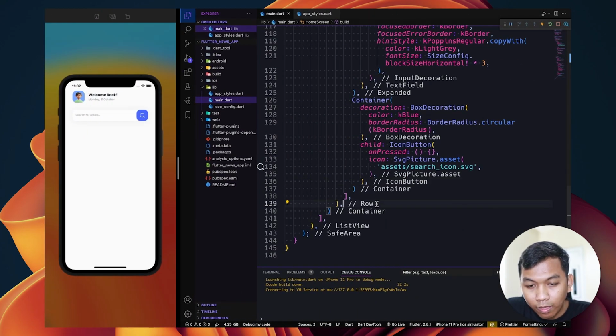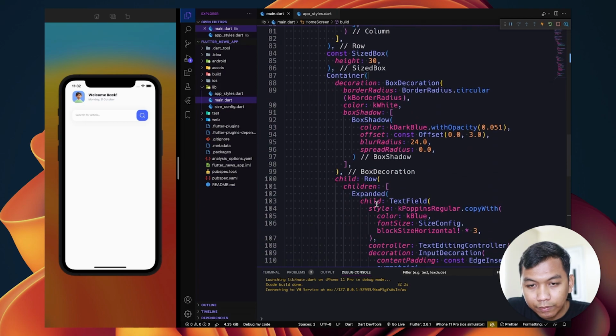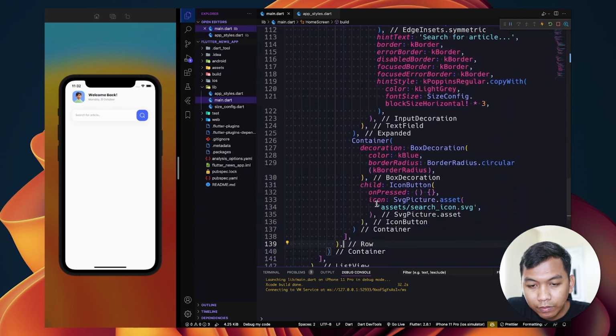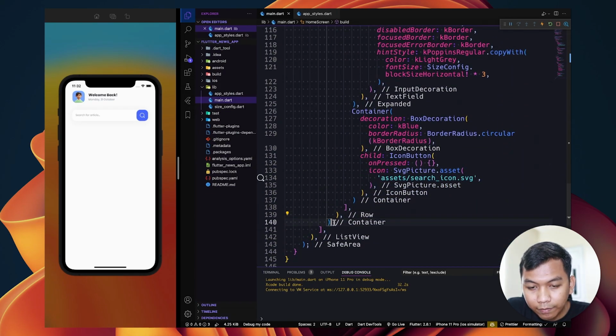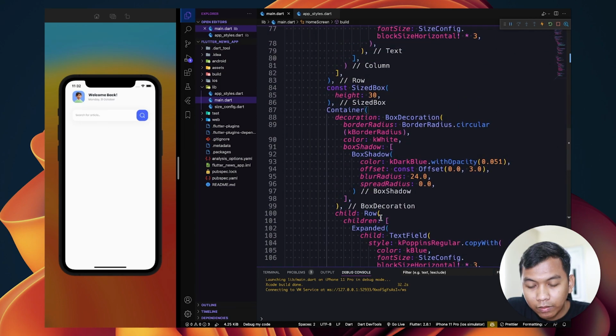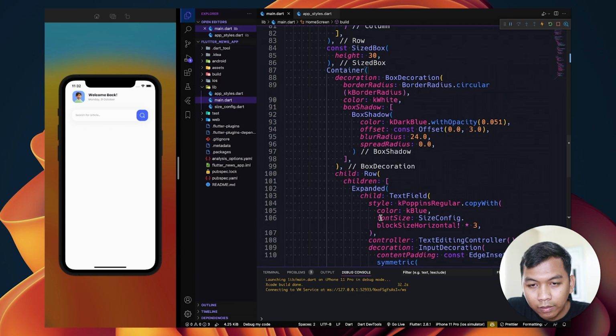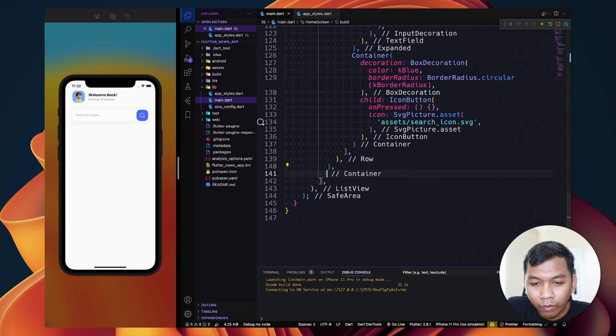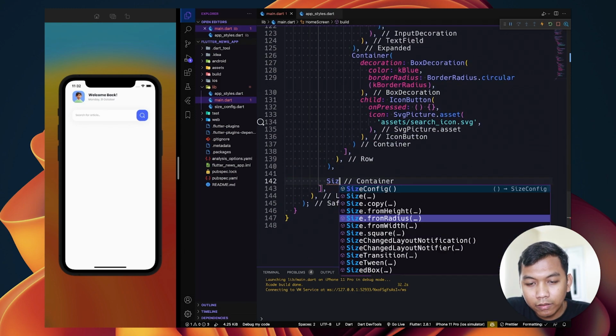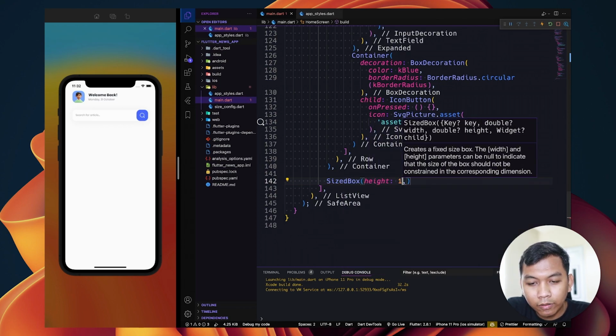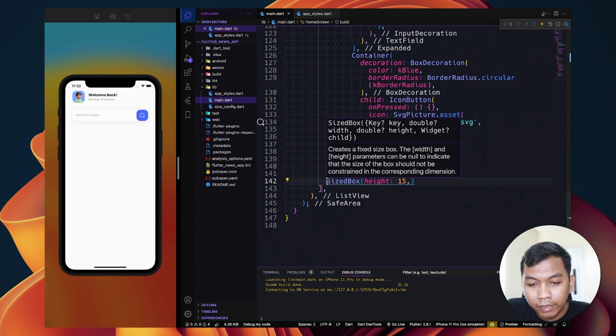So, below of row widget, what we say here, below of our container, we have size box here with the height should be 15.